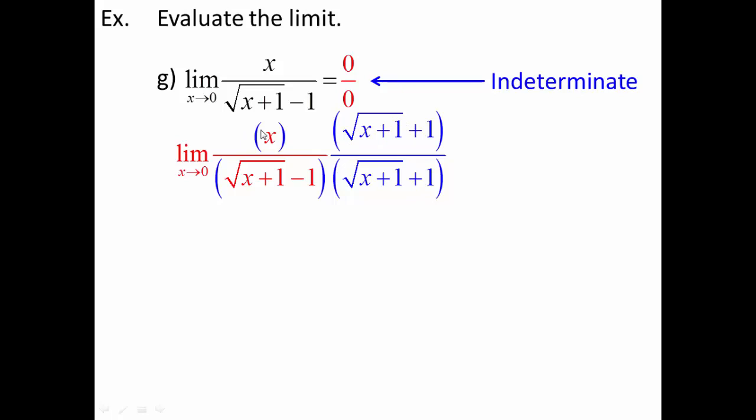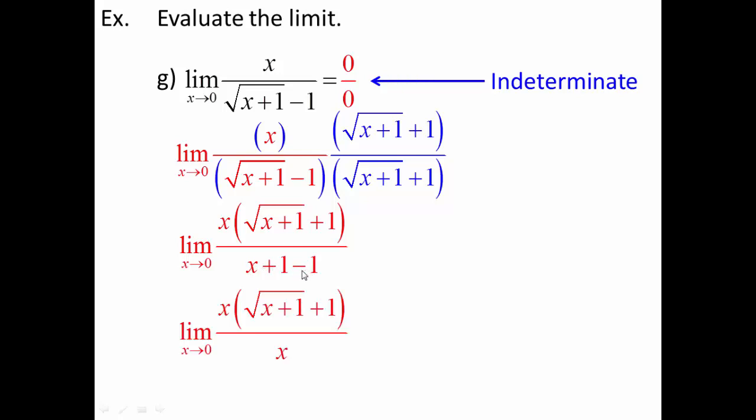So on the top, I'm just going to leave it in its factored form, x times that entire quantity, but on the bottom, I'm going to multiply through, recognizing that all I really have to do is take the square root of x plus 1 multiplied by the square root of x plus 1, which is the quantity x plus 1, minus the b value squared, 1 times 1, which is 1. So I ended up with this. X plus 1 technically should be in parentheses, but because there's nothing to distribute across that parentheses, I went ahead and dropped them, minus 1.